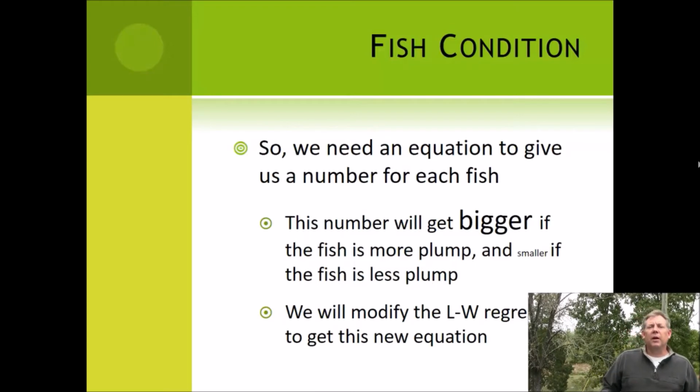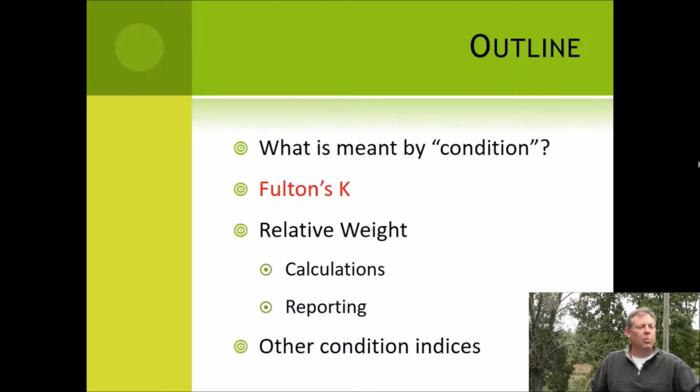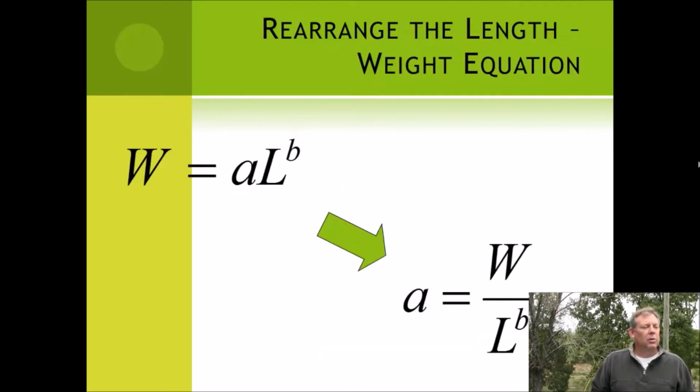So what we're looking for here is a number, and each fish will get a number, and if the number's bigger, that fish is in better condition, and if the fish is in worse condition, that number will get smaller. So what we're going to do for this first one is modify the length-weight relationship, and that's going to give us an equation that we can use as an index of condition. And so this is our original length-weight relationship,